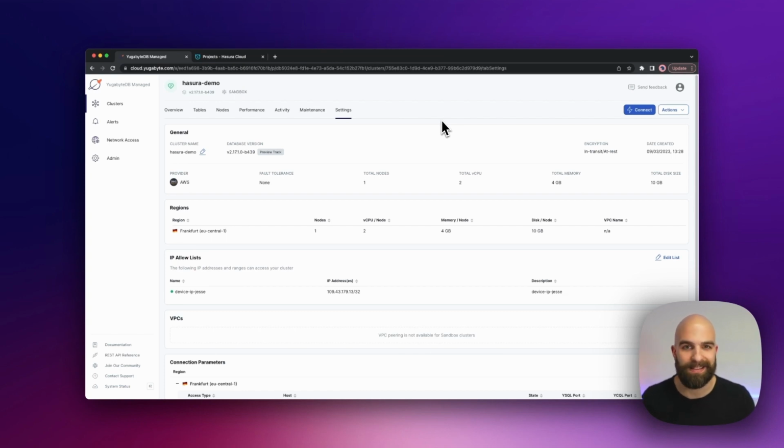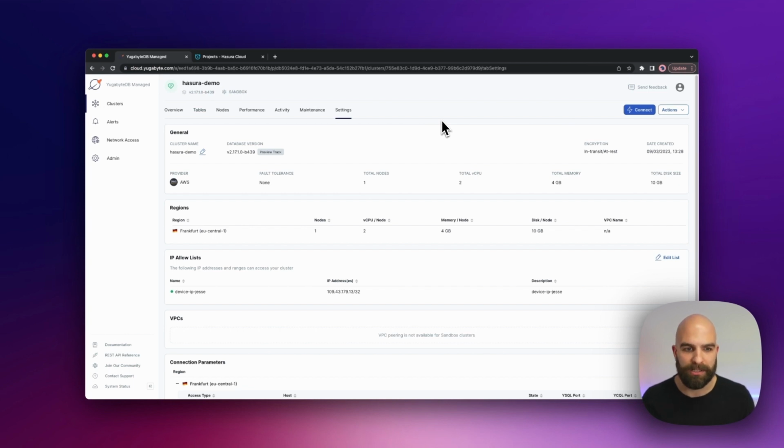Yugabyte is a fantastic distributed Postgres provider for really any time that you are trying to get your data closer to your users, no matter where they are in the world. The typical Yugabyte install is going to be multi-region or multi-zone, allowing you to have failovers and redundancies, but in this case, we're going to just simply connect one cluster to our Hasura environment, just to show you how it